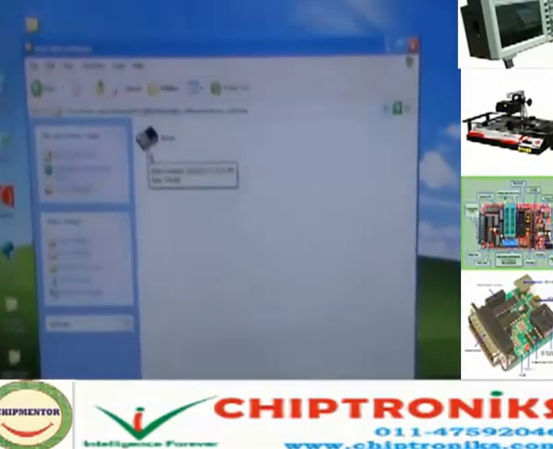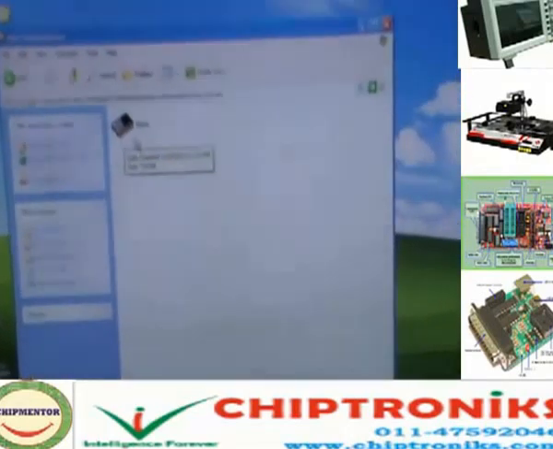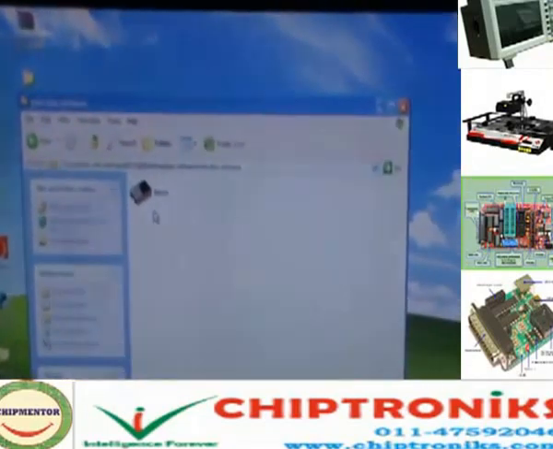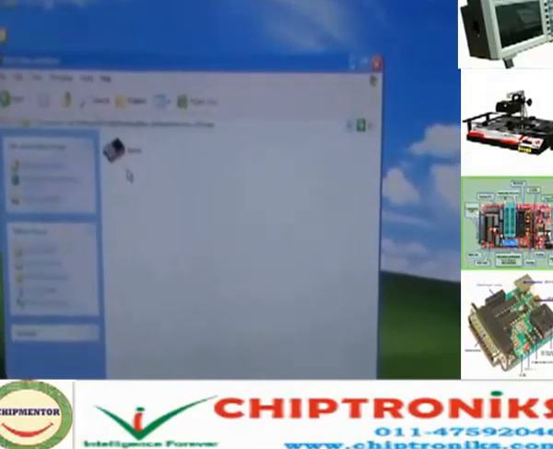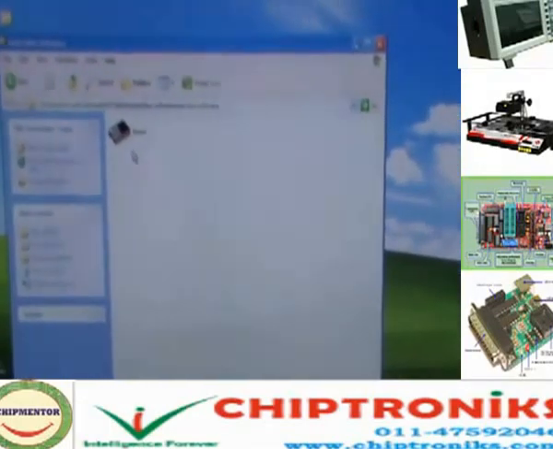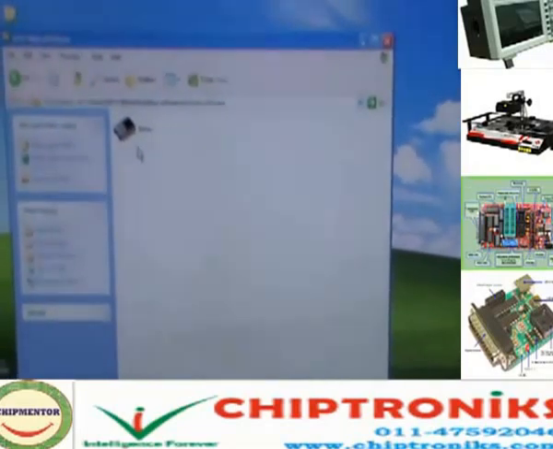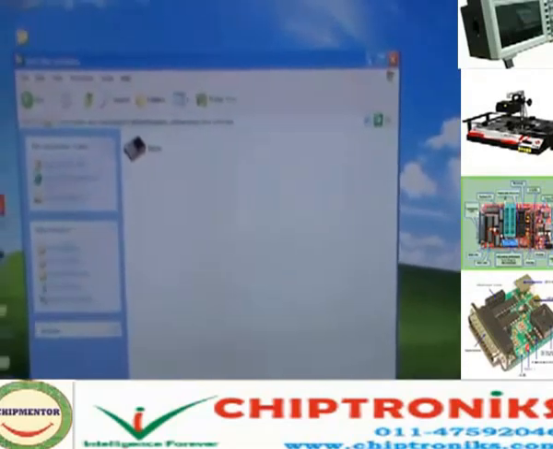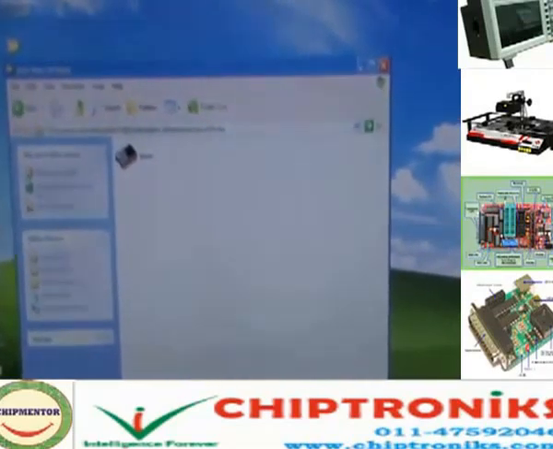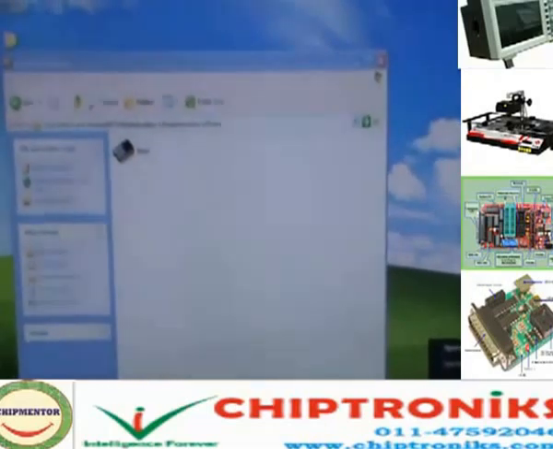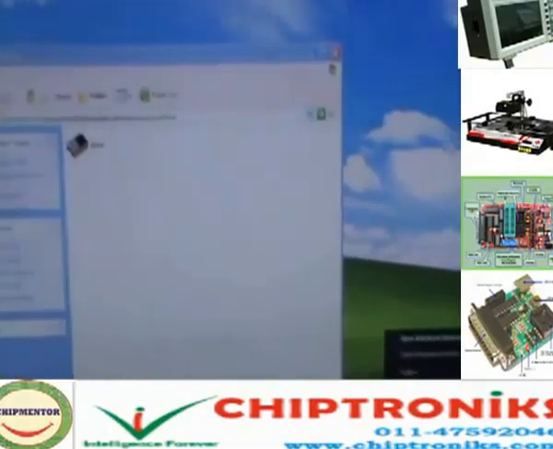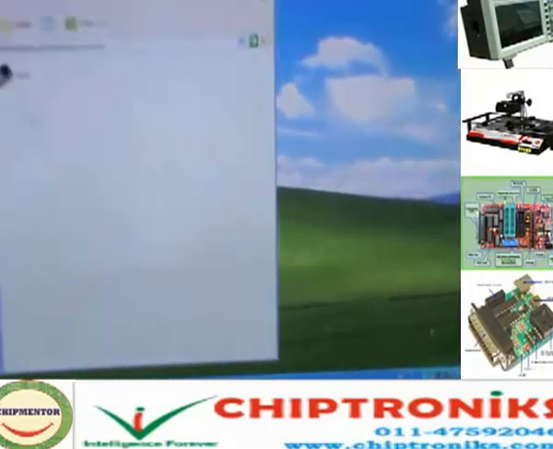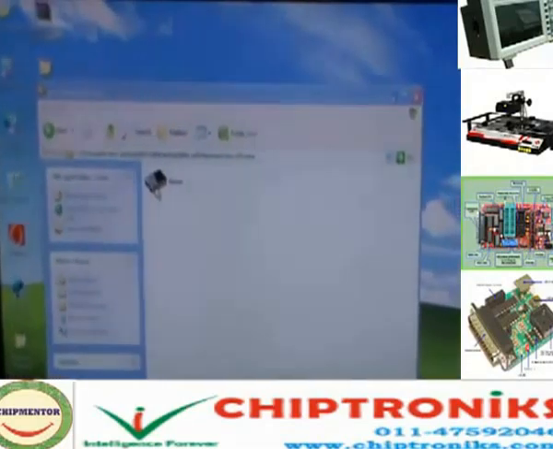Once we get the software, we double click on it. First thing, whenever you're running the software, the antivirus should be disabled. If the antivirus is enabled, this software won't function properly. The antivirus will think this is a Trojan because it is trying to write an IC or BIOS software. So we click on the antivirus and it says turn on real-time protection, so the protection is already off right now. Then we double click on the BIOS software.